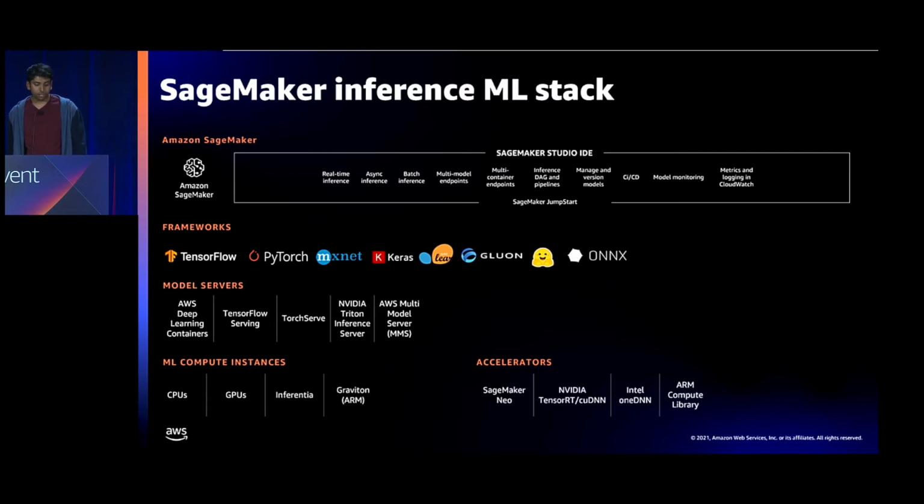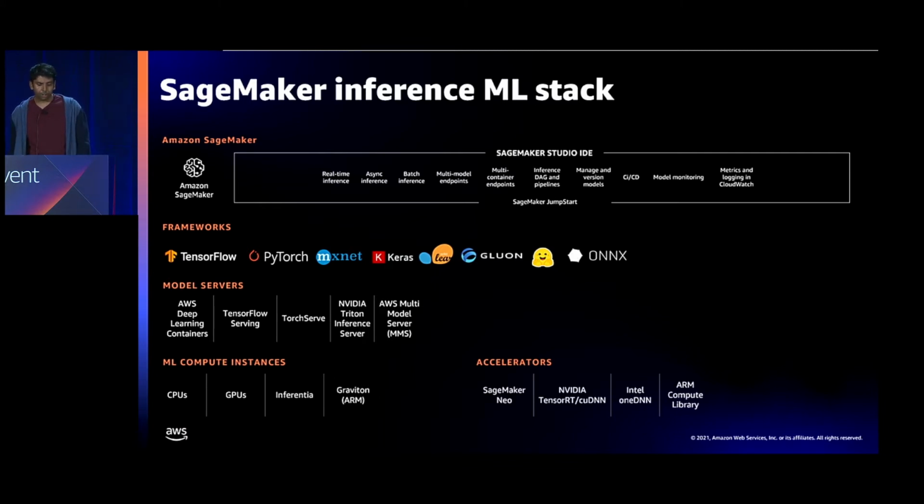The next layer down is your choice of model server. So the role of a model server when you're deploying an ML model is to take inference requests and efficiently route them to one or more ML models. There are some model servers that are optimized for your framework, such as TensorFlow Serving, and others like NVIDIA Triton, which are framework agnostic and come with additional hardware-level optimizations like GPU optimizations. Whatever model server fits your framework or use case, AWS Deep Learning Containers is a really easy way for you to swap out different model servers and identify which ones are most performant for your use case.